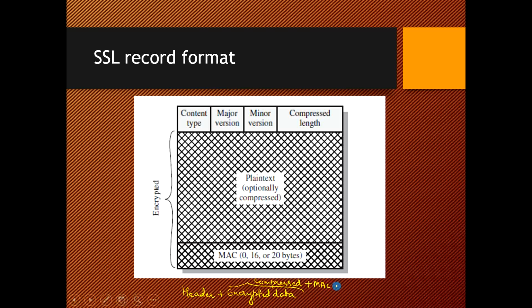So here the SSL record protocol has the header which consists of the content type, major version, minor version, and compressed length, and then you have the encrypted data and the MAC. If I have to explain this part, the compressed length, minor version, major version, and content type correspond to the header. This is the encrypted data, and this is the MAC, which together give you the SSL record format.